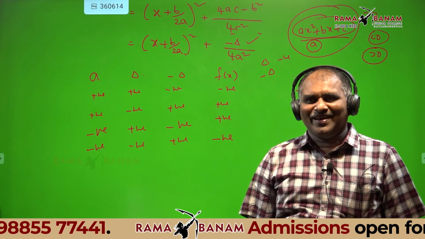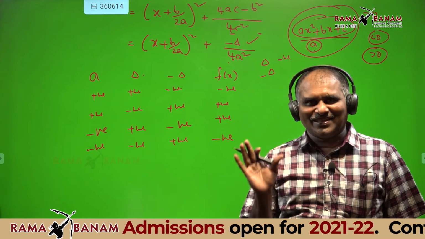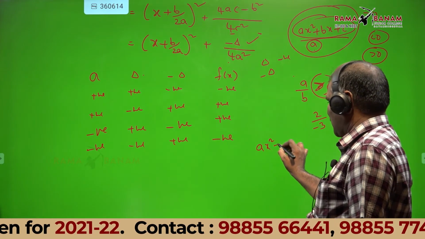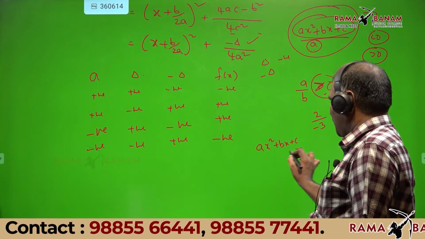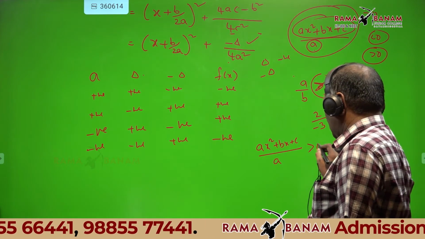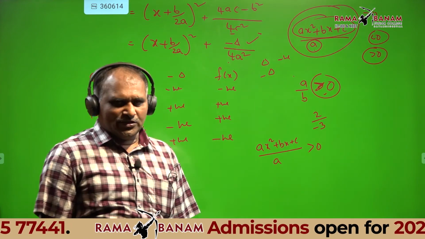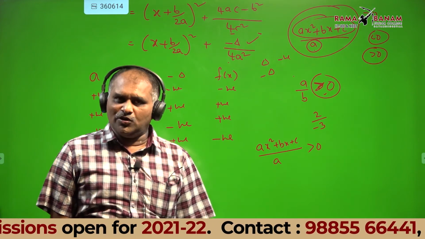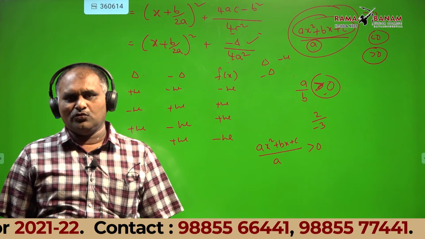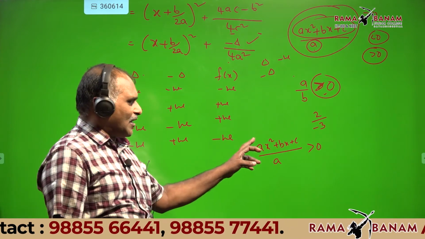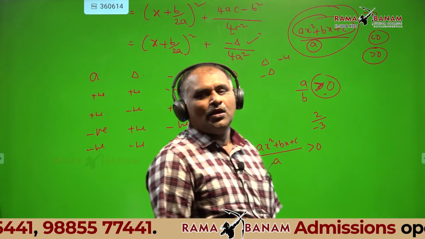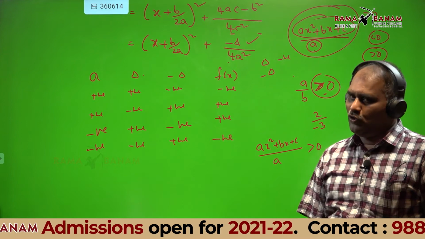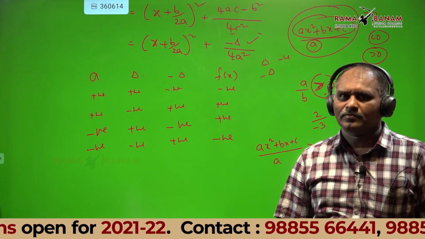Less than 0. Again, listen concentratedly. If in ax square plus bx plus c, a is greater than 0, that is greater than 0, then for the numerator, what value is taken? Negative by negative, because negative by negative is positive. That's why the quadratic is negative. Do you understand? Yes, sir.